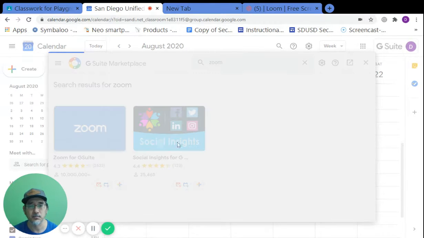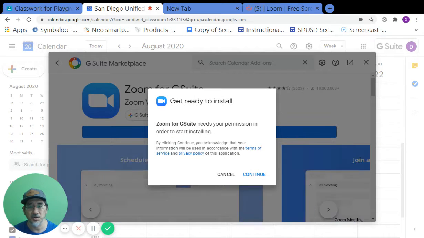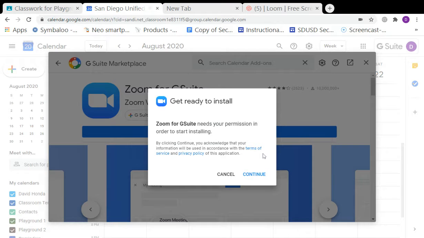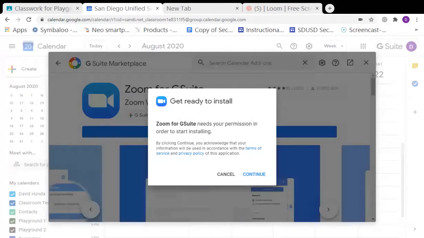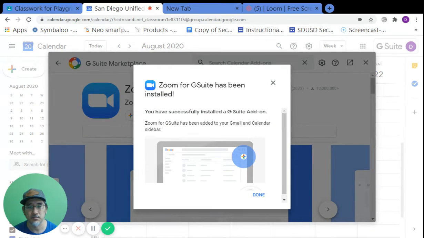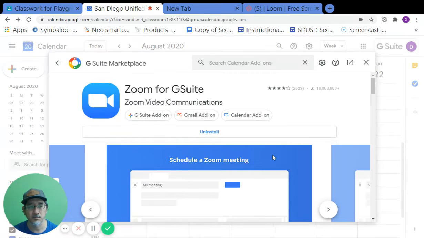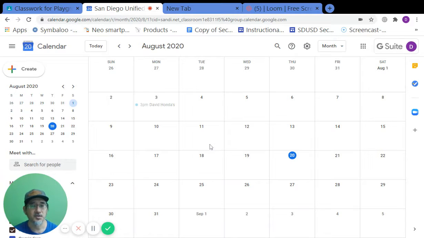So I'm going to click on that. And I'm going to install it. It's going to ask for permissions. You continue. I'll have to sign into a particular account. I'll use my school account. Tells me all the things I'm allowing. I'll click allow. And it's been installed. So when I close this out, and I go back to my calendar, you'll notice there's a Zoom for G Suite button here. Okay, so now that I've got my add-on installed, what I'm going